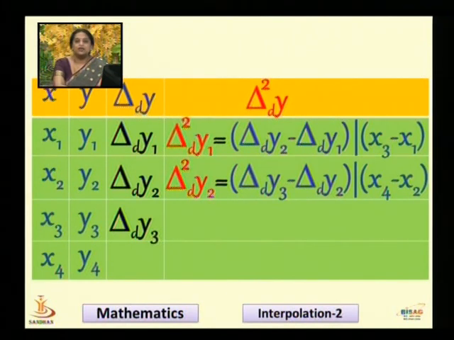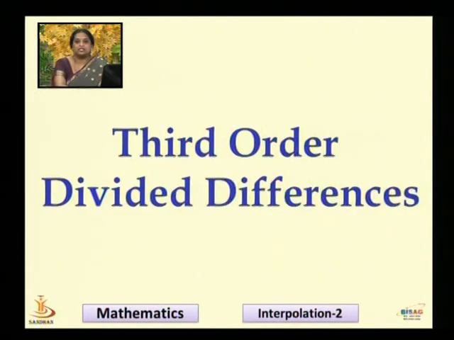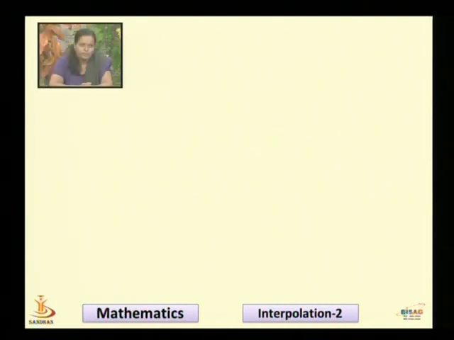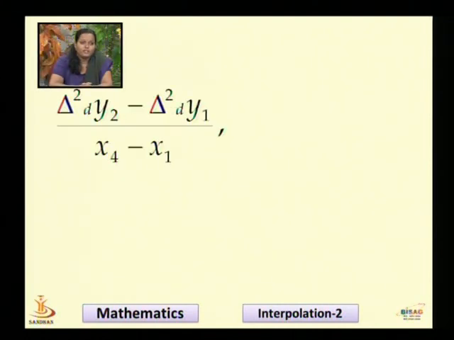As you can see, for a table of n points, we said we would be having n minus 2 second order differences, and in this case, since we have got a table of 4 points, we have 2 second order divided differences. Now let us consider how to construct the third order divided difference. We take the differences of the second order divided differences and take the ratio to the difference between the x values,